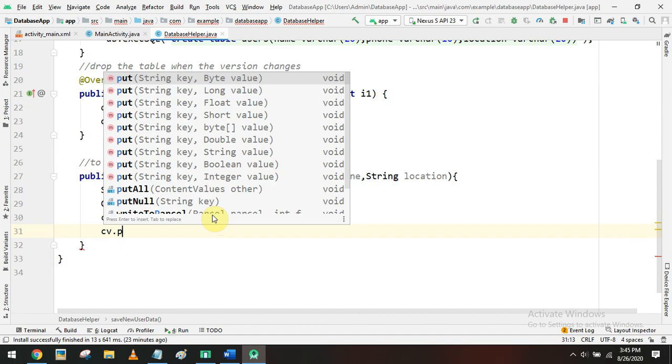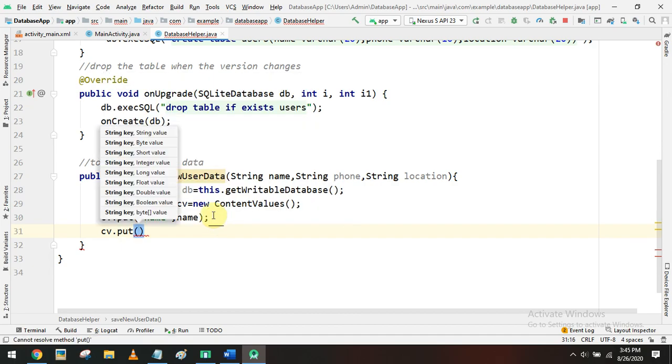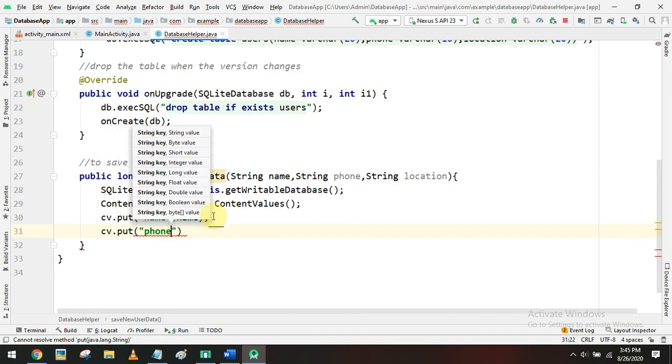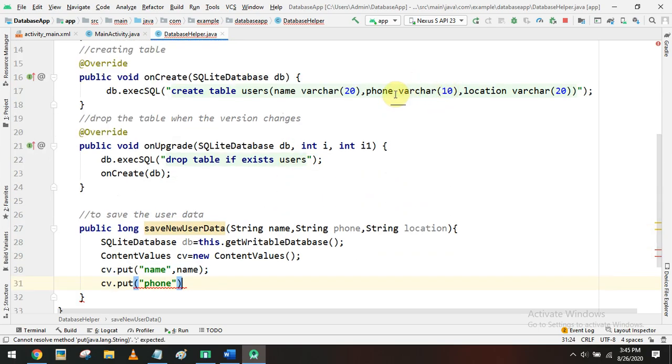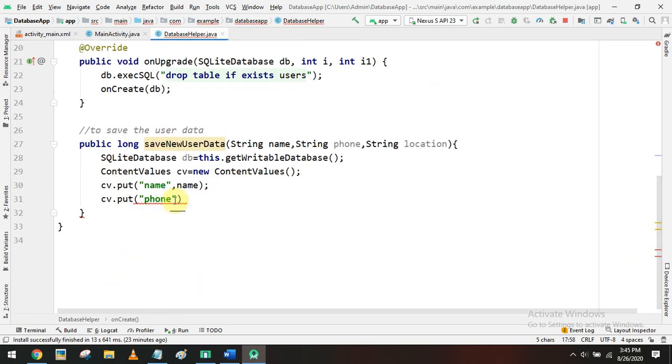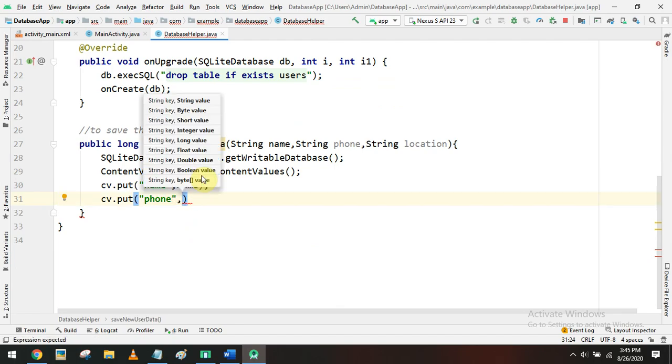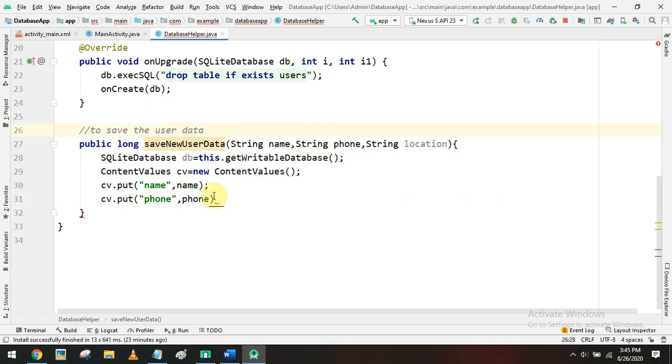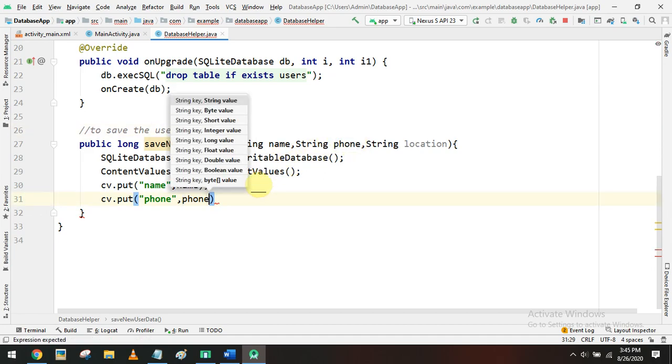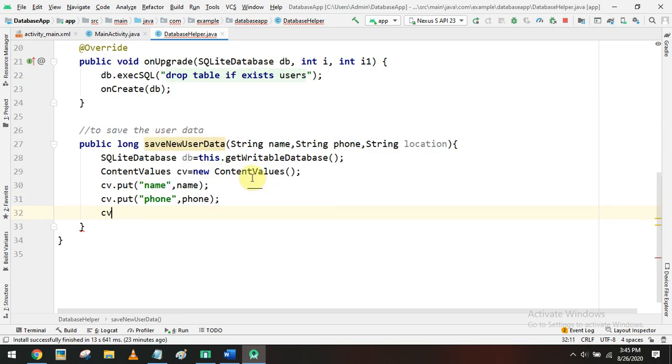Then you can store the phone number: the column name is phone, you pass it as the key, and pass the value phone here. For the next data, cv dot put, inside we pass the column name location. The column name is location.